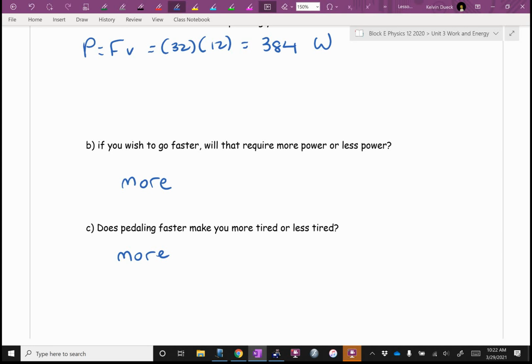Or you can scrunch down in a more aerodynamic position and reduce the force of air resistance, which gives you a slightly more unbalanced force forwards, and you can increase your speed a little bit. The other way of doing it. And now, if any of you cycle competitively, we're starting to explain some of the physics behind competitive cycling. There's a reason why they all assume the same position in the Tour de France when they're coasting, right?